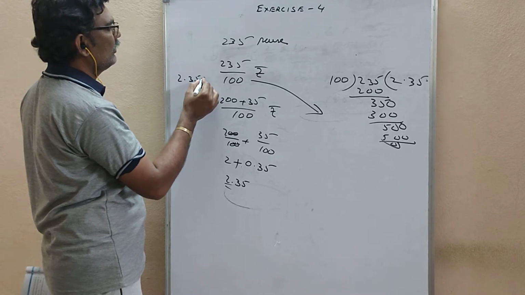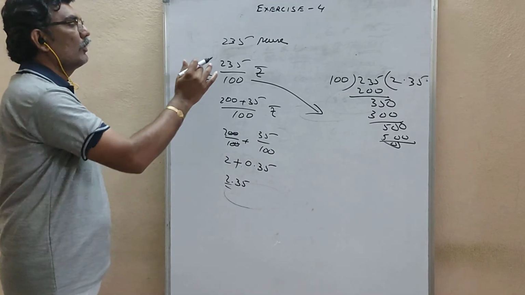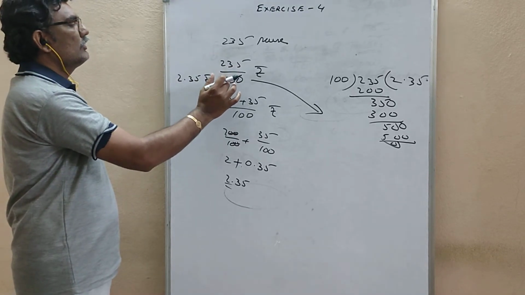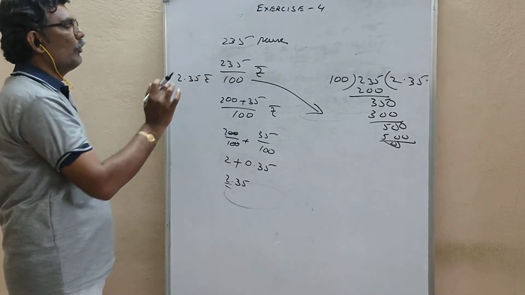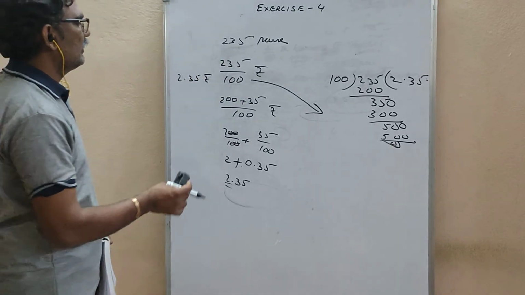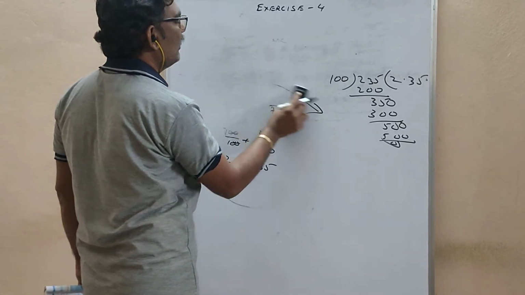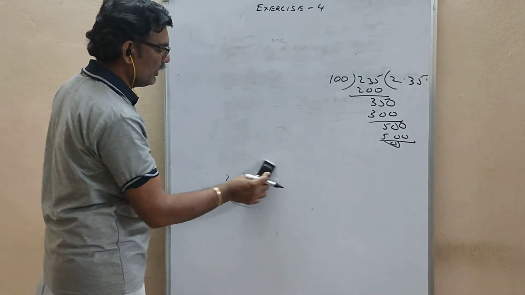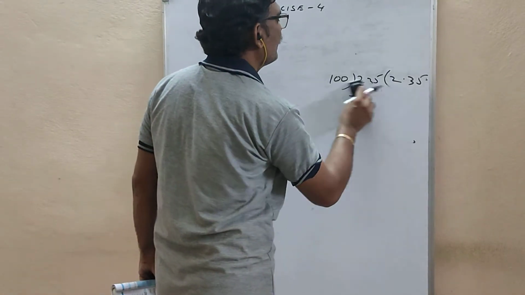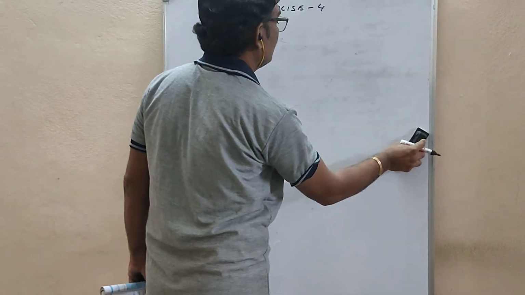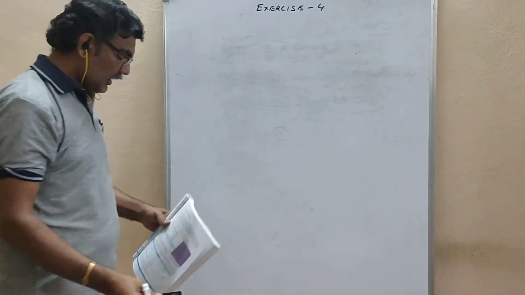2.35. You can write directly. 235 by 100, 2 zeros are there, 2 digits before a point. So 2.35. So any method is valuable, it is correct. Whichever method you understood perfectly, you can do in that method. Okay. Next now,